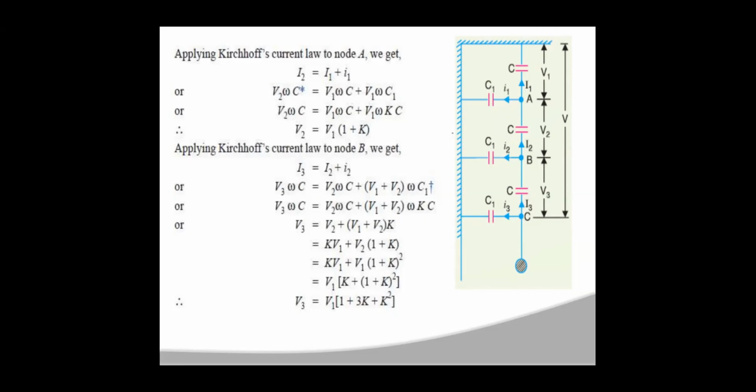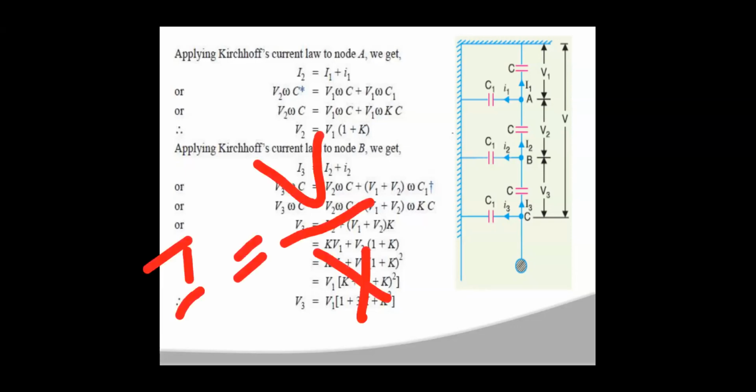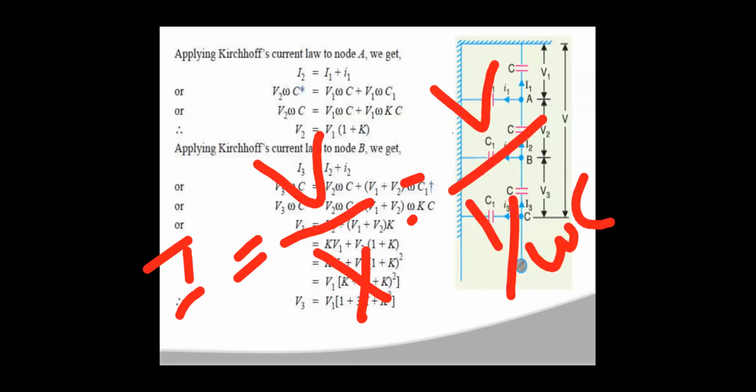Now the current is expressed as the voltage by reactance of capacitance. So V by XC, where XC is 1 by omega C. So you can write it as I is equal to omega C V. Generally this is V by X, so V by 1 by omega C. So I can be written as omega C into V.